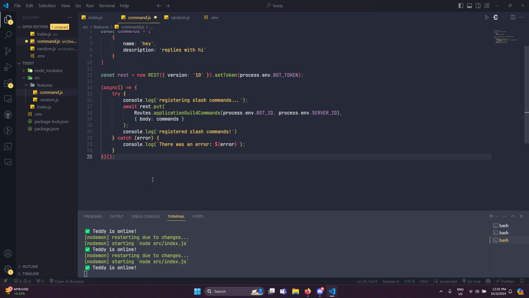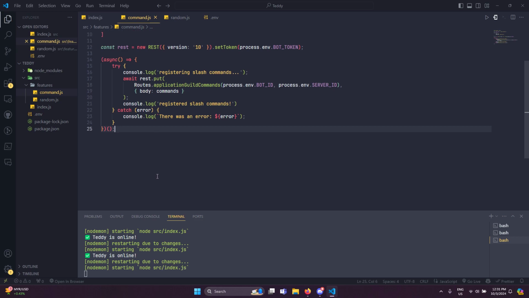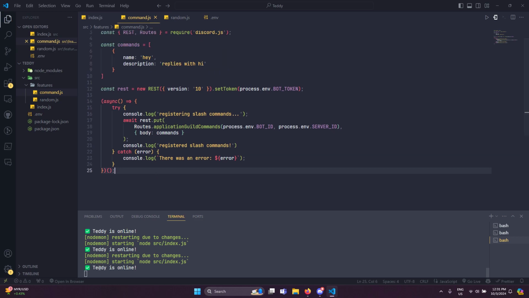Semicolon at the end, and then save. Okay, now I don't want Teddy to be online. I need to shut it off first. So go to your terminal, click Control C to close it, and then now I want you to